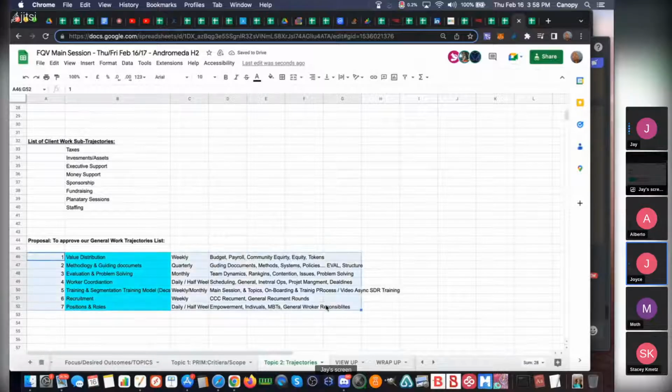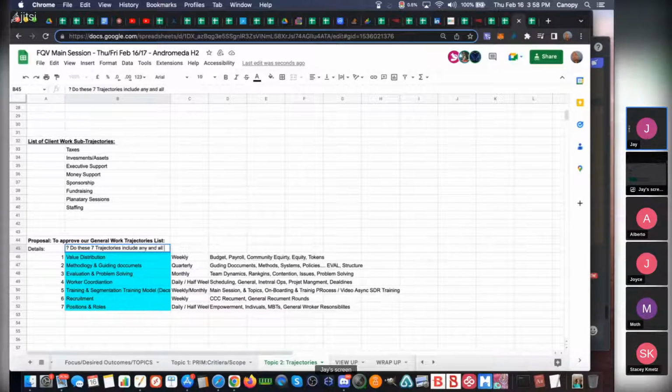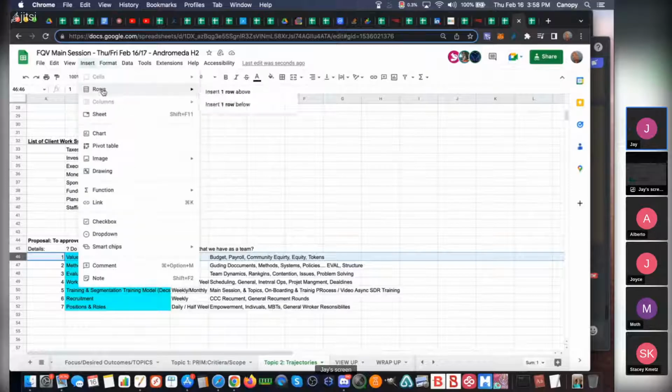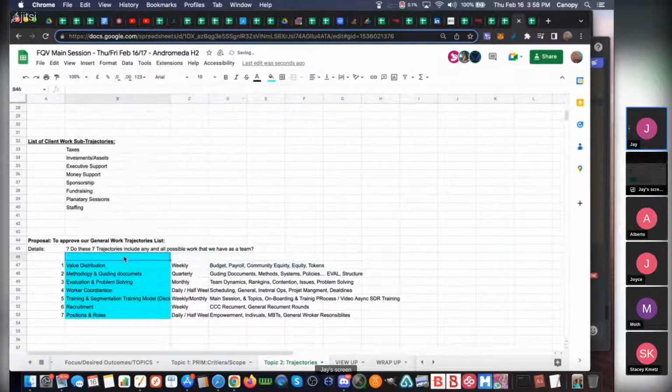So the question that we're asking here, in terms of the details, is do these 7 trajectories include any and all possible work that we have as a team? That's the goal, really, to include everything in at least one trajectory. So one potential concern here is that we still